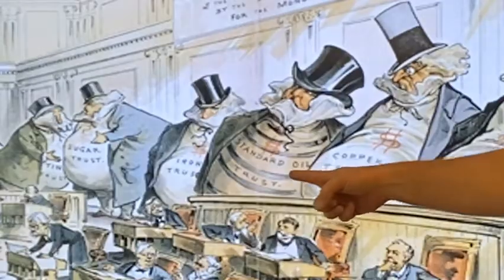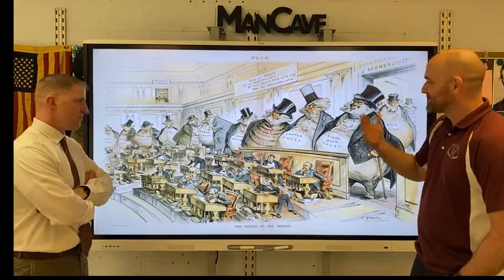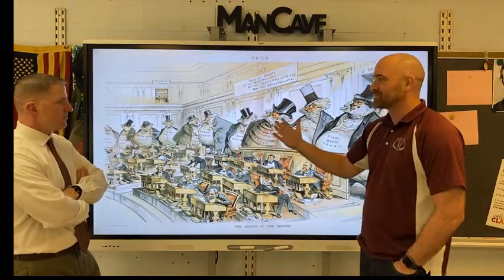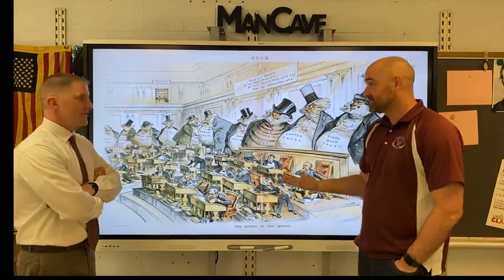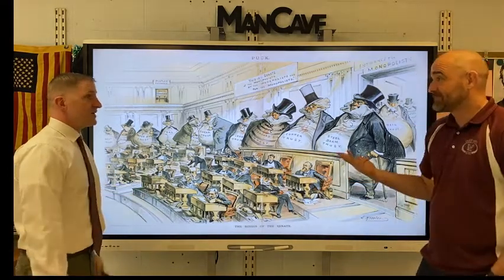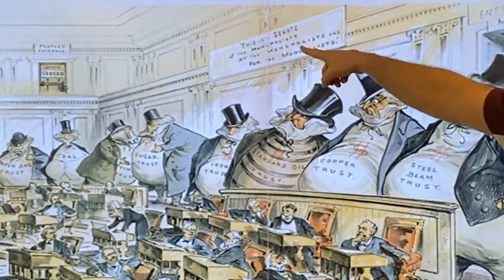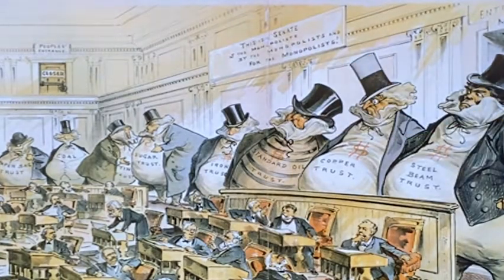And here, look, right there in the middle, we've got the Standard Oil Trust. So although it doesn't look like Mr. Rockefeller, this is supposed to represent that trust, but this is all the trusts. And let's remember, a trust is a group of corporations run by a single board of directors. It's a monopoly. But here, we are in the Senate. The Senate of the monopolists, by the monopolists, and for the monopolists.